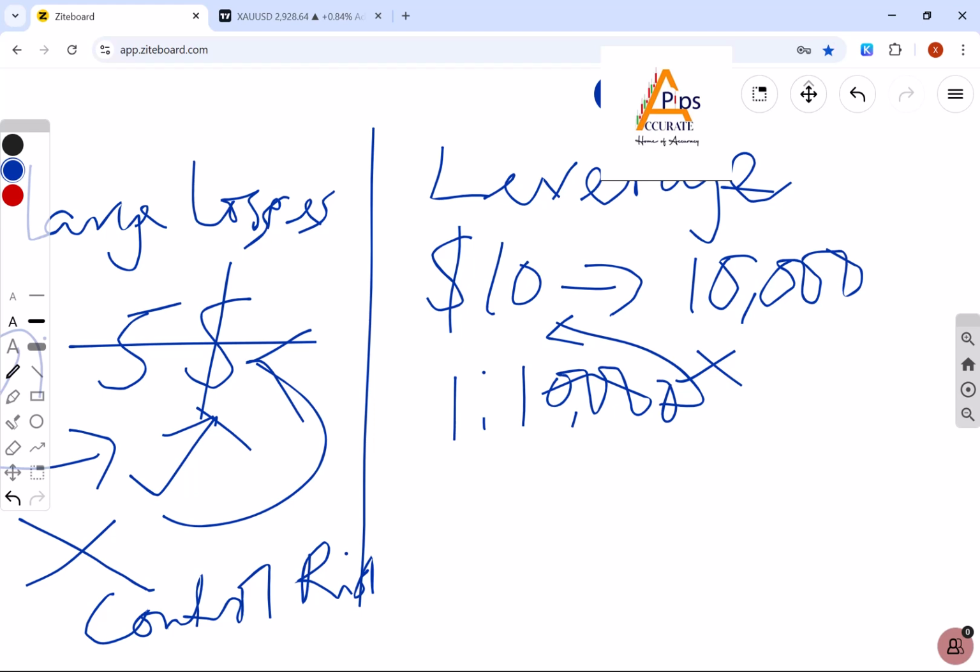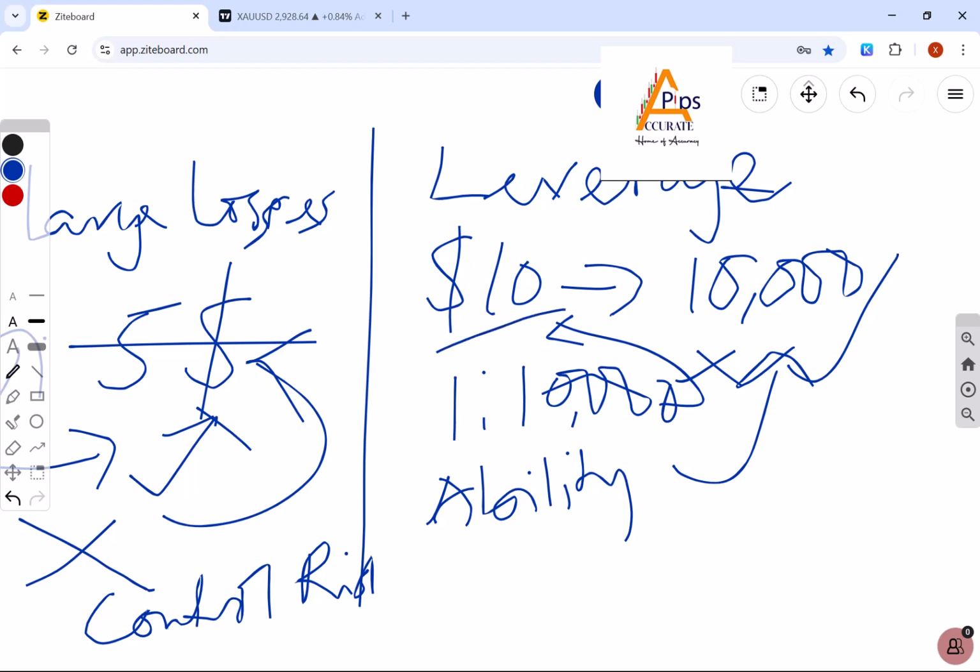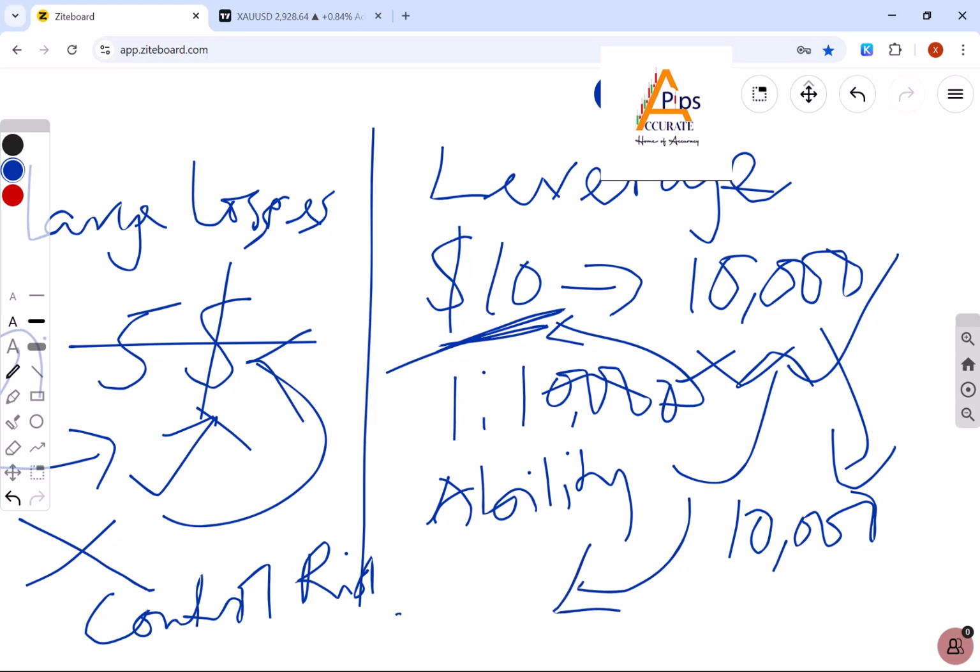When you imagine your $10 using a leverage of 1:1,000, it means you are looking at it as though you are handling a $10,000 account. This gives you the ability to trade like somebody who has a $10,000 account. Mind you, if you are trading like that with your $10, you are risking the same as somebody with a $10,000 account. So a little movement in loss,